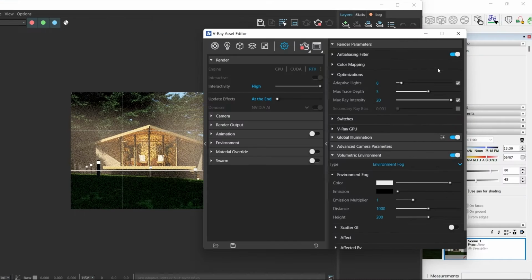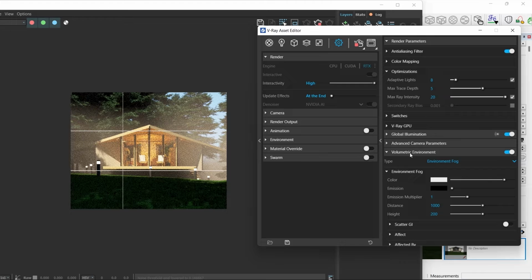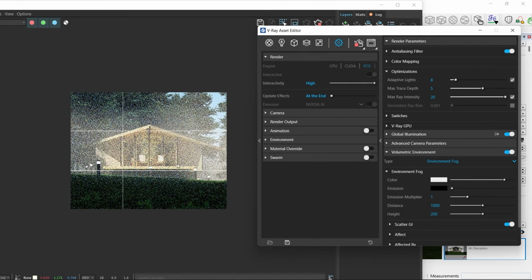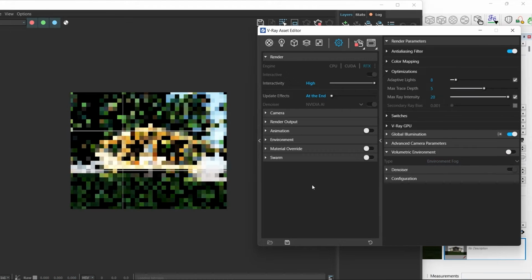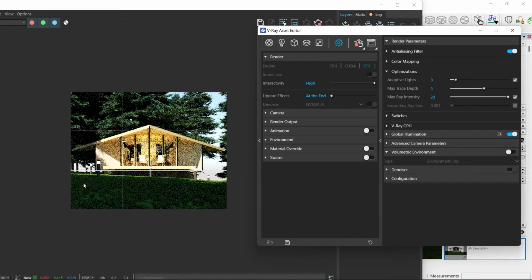Right, the setting seems to have been changed, so we'll have to adjust that again. Let's switch on scatter GI to scatter the light throughout the scene. And let's change the distance to get a more foggy effect. Now you can see that there is no light here. Even if I switch off the environment light, you can see that it's covered by the trees